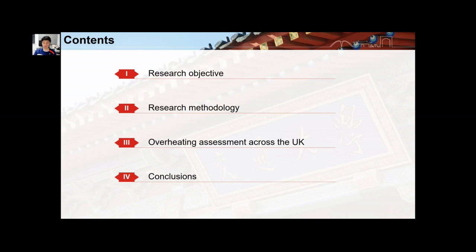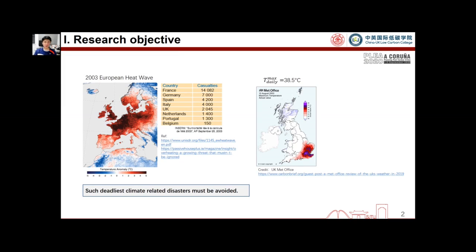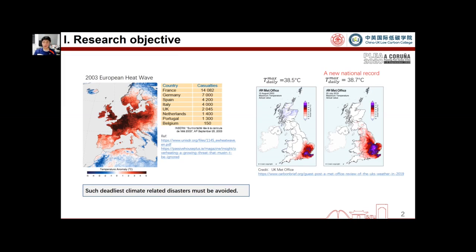up with conclusions. In 2003, the European countries experienced the deadliest heat wave, which caused over 52,000 casualties. The UK reached the highest temperature during the heat wave. Just 1 year ago, the UK reached 38.7 degrees C, which is a new national record. And under such a warming climate, we should pay attention to the building thermal comfort to avoid